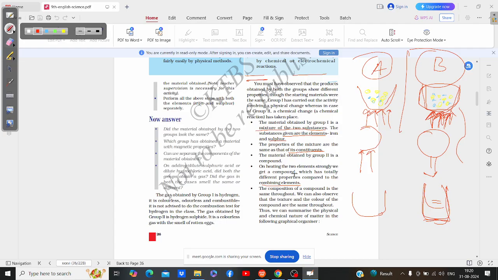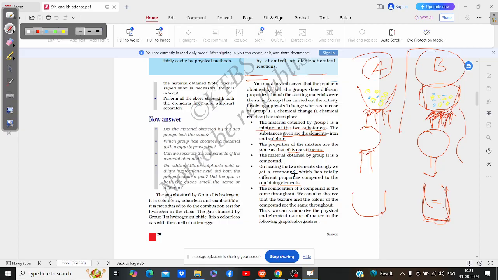In group B we can see hydrogen sulfide, right? Previously in group A we were getting only hydrogen, but in group B we are getting hydrogen sulfide because of the heating of the two elements. So the compound is when we